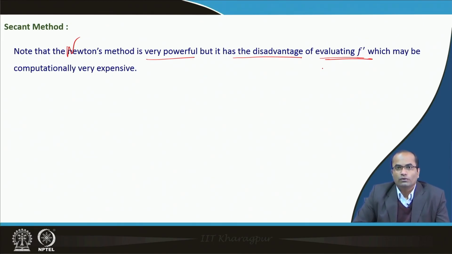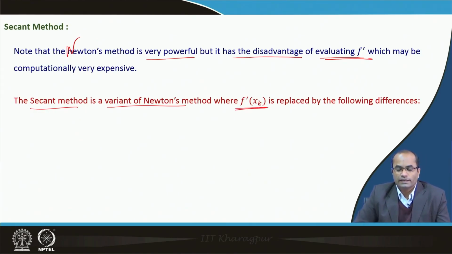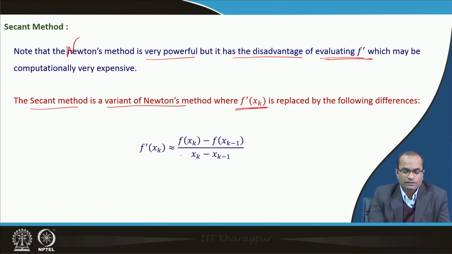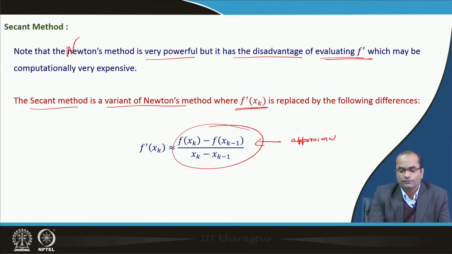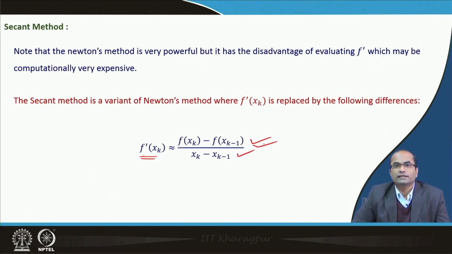Then you also have to suffer some kind of numerical approximation. The secant method is a variant of Newton's method which avoids this evaluation of f prime(x_k). Indeed, this f prime(x_k) is replaced by this quotient, which is the approximation of the derivative. So we use f prime(x) as the quotient f(x_k) minus f(x_{k-1}) over x_k minus x_{k-1},